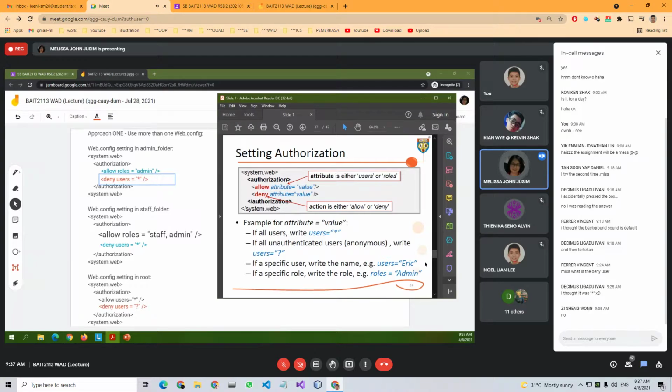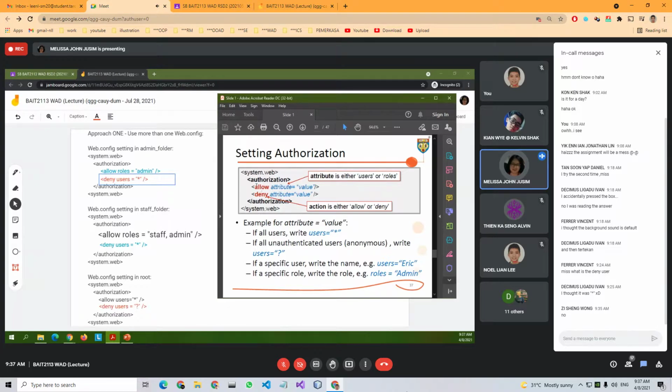And the one that we cannot test out for our practical is roles. So you can either use the users attribute or roles attribute. For us, somehow we can only use the users. It would be nice if we can also create the roles, and then we can add in additional authorization settings for our web config.